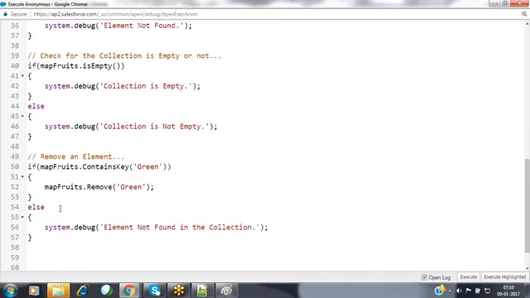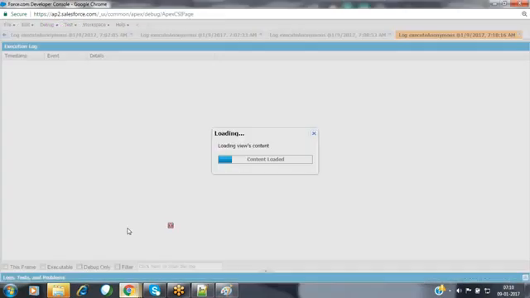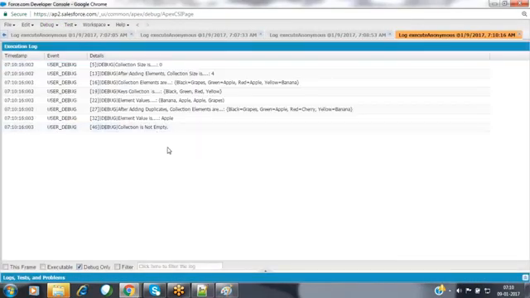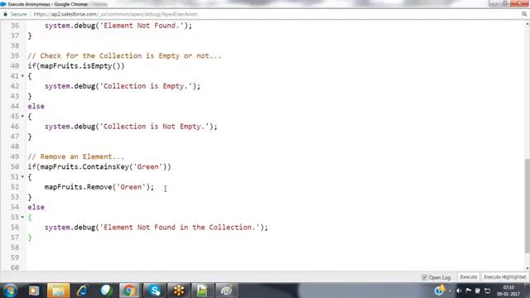So now here, whenever you are going to be removing an element, first of all, we have to cross check whether the element exists or not. If the element is there, then only we can remove it, or else we can display some message, element not found inside this collection. Now click on execute. Now it won't show any error message, and it won't show any result also, because from that collection the element has been automatically removed.